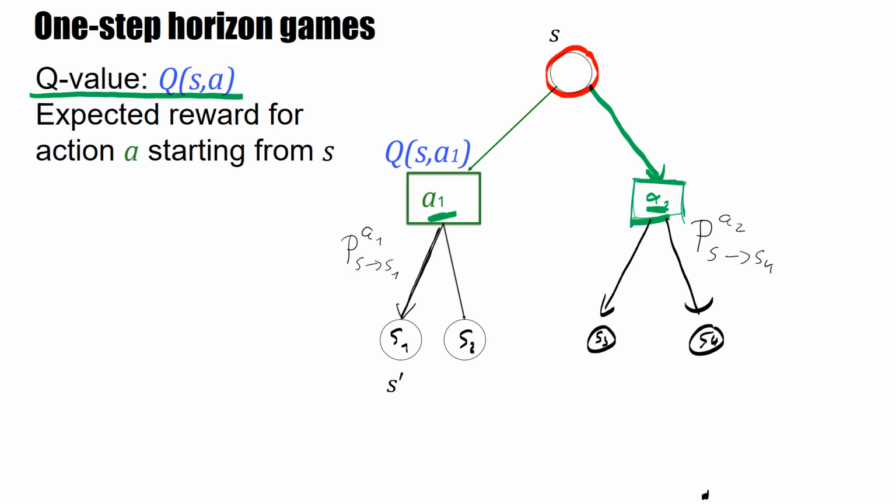Now remember that the actual reward at time t may be stochastic, and at one time step it might be just R_t. The expected reward